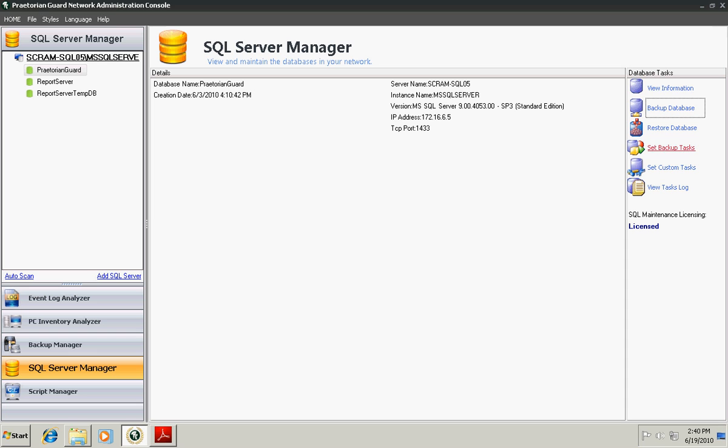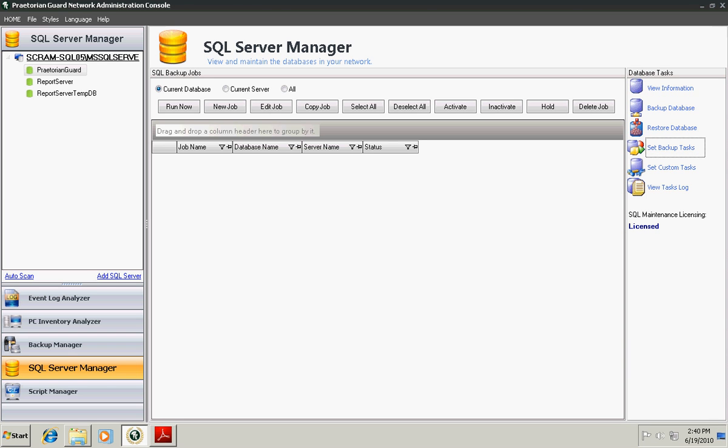We can also choose to restore a database. We can set up backup tasks such as scripts that can be run on a scheduled basis. You'd create your scripts just like backup jobs, they would store here. And you can set up custom tasks to occur